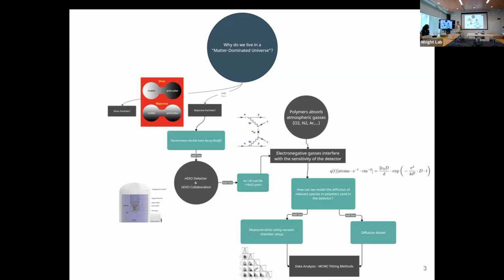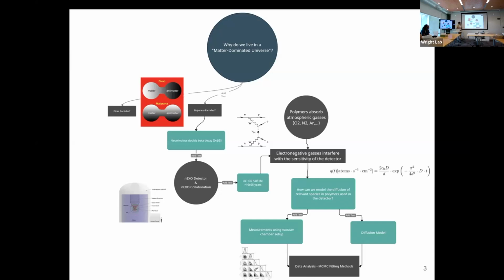Detection very sensitive. And that leads to xenon-136, which is what we're currently interested in. It has a half-life of over 10 to the 25 years, meaning that this detector has to be very sensitive. And in that being, we want to be able to preserve the electrons that come from the ionized xenon as much as possible, and we want to limit any background that we find.